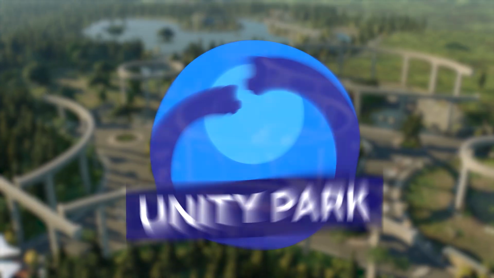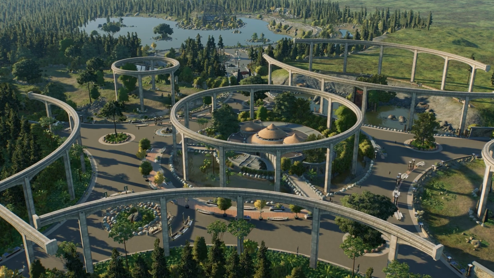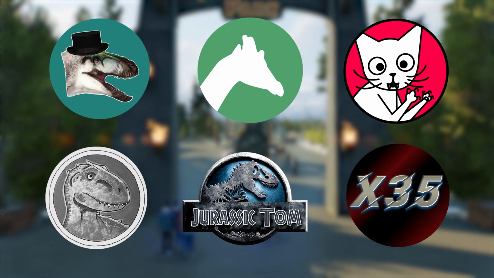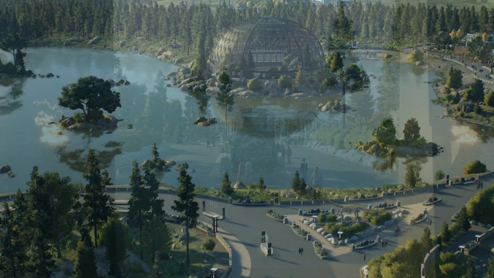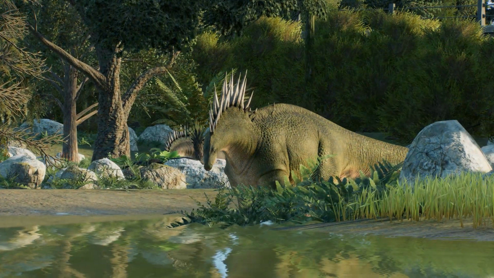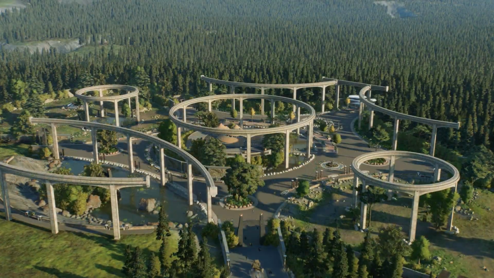Welcome to the Unity Park, the biggest collaboration ever in Jurassic World Evolution 2. 6 different creators building one park, and today it is my turn to add some new things, so I am very excited. This is the second episode of this series, and firstly I will react to the first build by